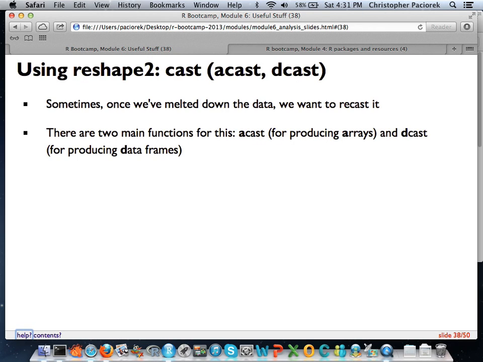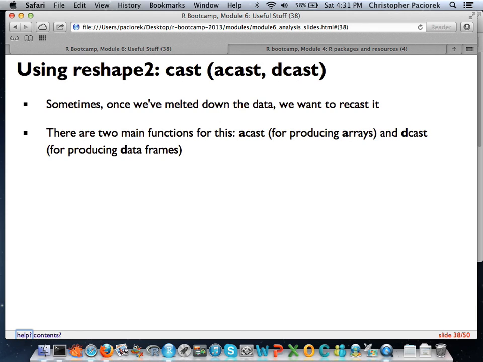So now this is the other way here. If we wanted to take this newly melted data and cast it somehow, there's 2 different kinds of cast calls that this package has. The first is acast, and the other one is dcast. Again, the nomenclature here, that first letter before cast indicates what you want to turn this object into once you cast it into a different way.